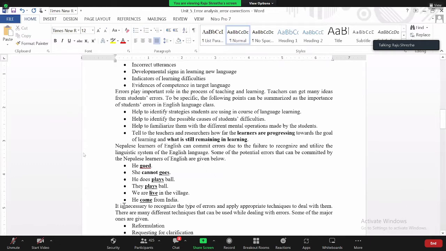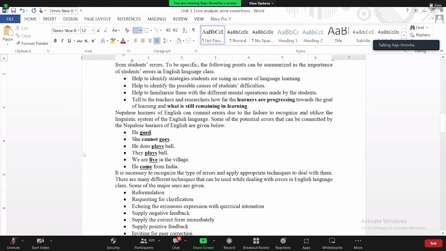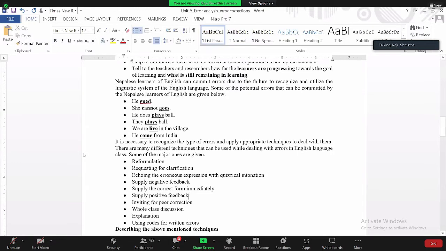It is necessary to recognize the type of errors and apply appropriate techniques to deal with them. Once we know the error, then we have to use different techniques to respond to or to address these errors in the English language classroom. There are many different techniques that can be used while dealing with errors in English language class or learning. Some of the major ones are given below, like 11-12 techniques are given here. If you remember them, it will work from the examination perspective: reformulation, requesting for clarification,